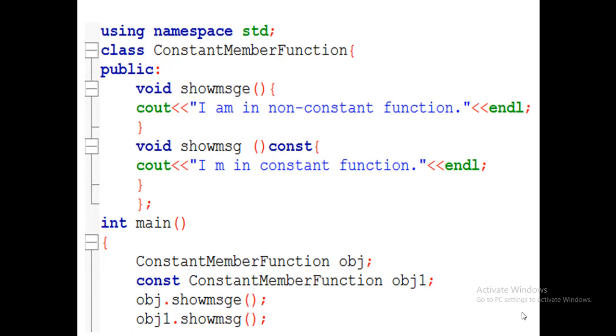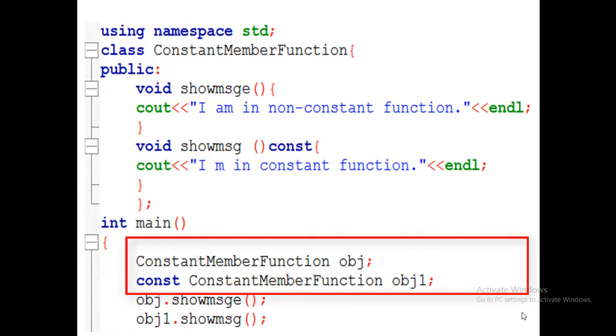After declaring the two functions, one constant and the other a simple function, in the main part we created two objects. One is the simple object, whose name is obj, and the second one is obj1, which is a constant object.